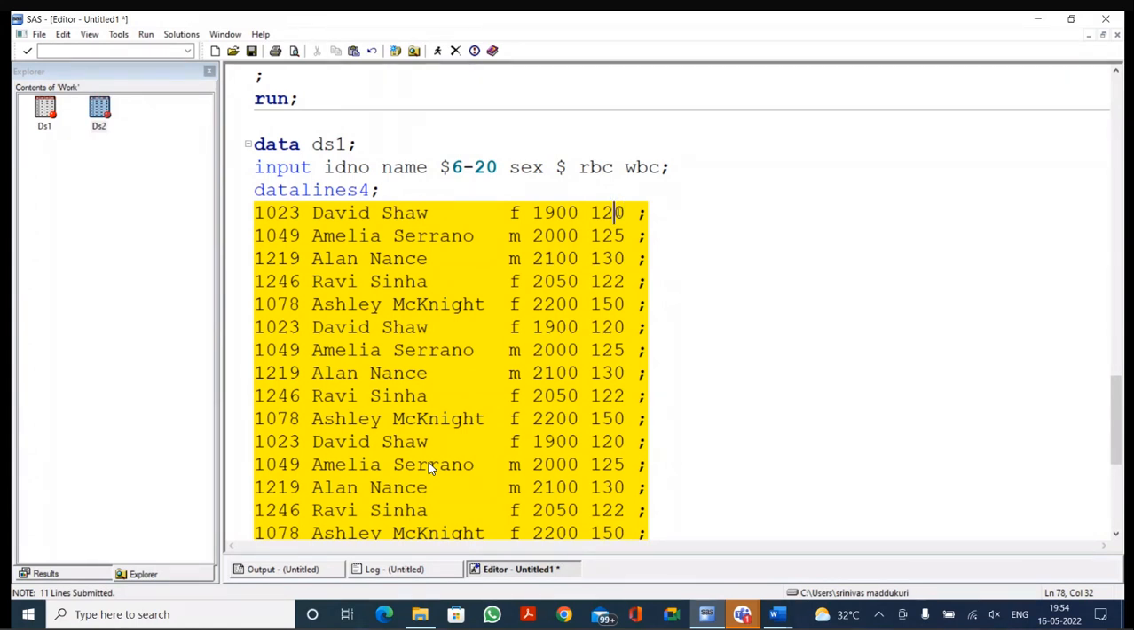I'm telling, in case you are using a character variable, and it is a column input method,